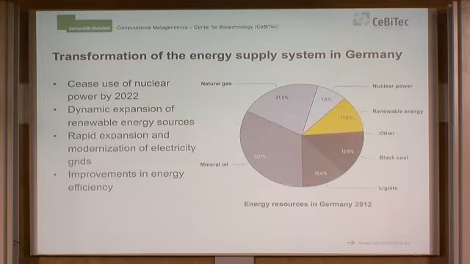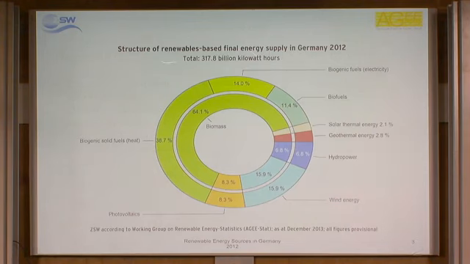And why are we interested in this? When you look at Germany, Germany decided that they want to cease the use of nuclear power by 2022. So they have to find some alternatives. And as of 2012, almost 12% of all the energy was actually coming from renewable energy sources in Germany. When you zoom in a little bit more into the renewable energy sources, you see that 64% of these sources are actually from biomass, and part of it is coming from biogas, mainly electricity and heat, actually. So these plants are used mainly, I think, for generating electricity.